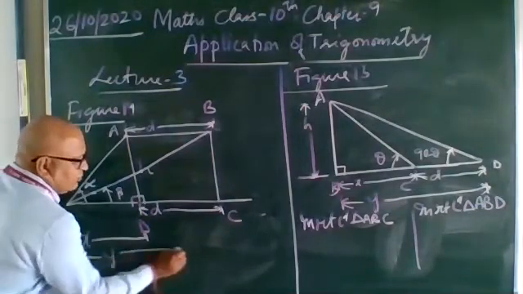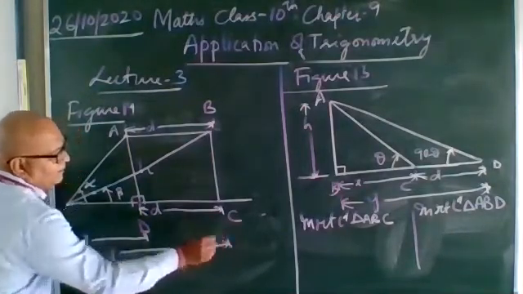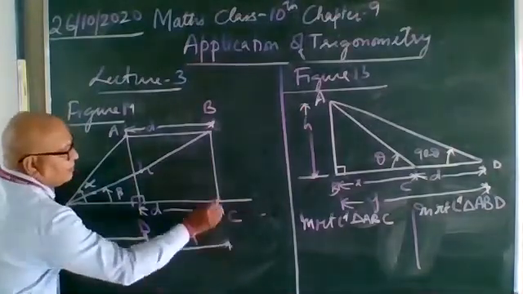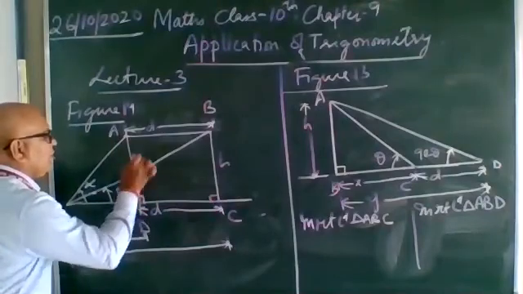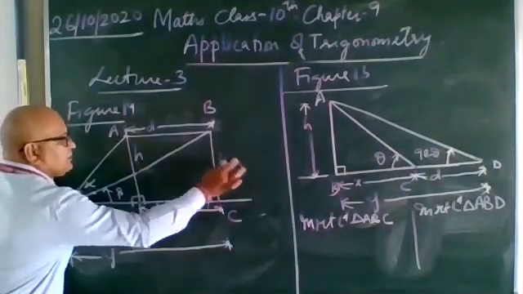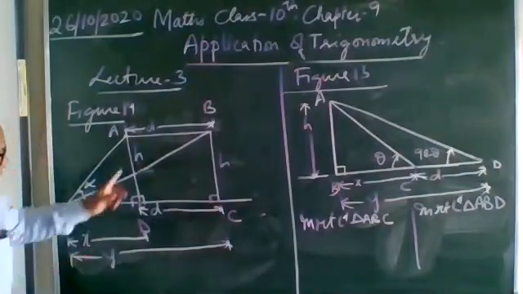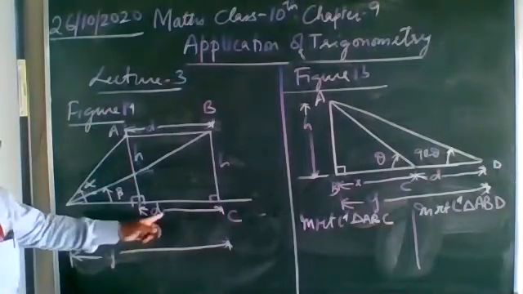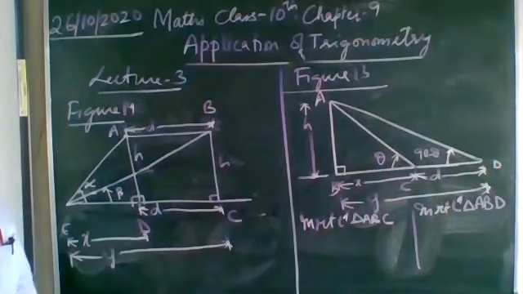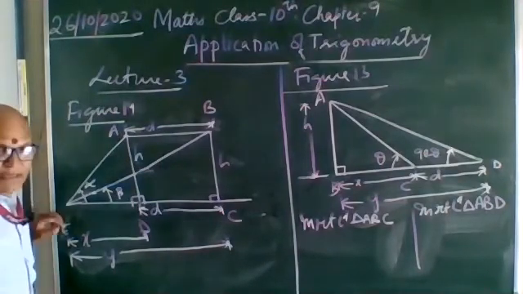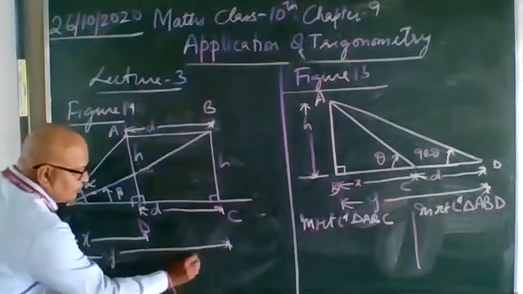So you can find out this one, H. X you know, and the height of the jet plane you must be knowing. So you can find X, you can find Y, and D is the distance you can find. After that, speed is distance upon time. Again, this is a very important question.